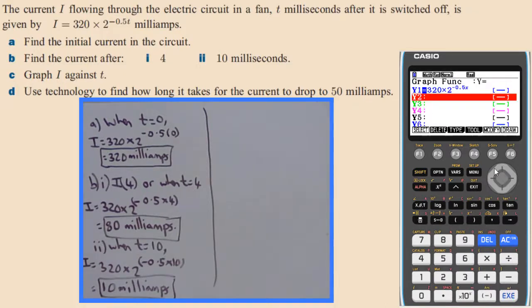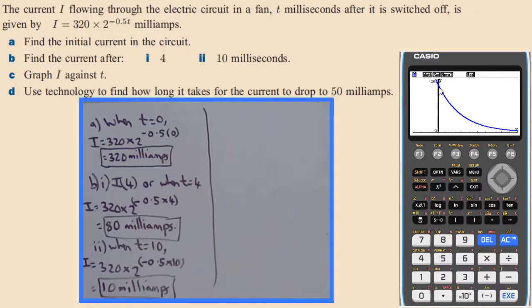So execute and draw, and now you can see this exponential decay of current. So what you do, you switch the switch off and the current in the circuit just goes away. So you're losing more current at the start, and then it's going away at a slower rate as time goes on. Time's on the x-axis, of course. So that's the graph. I'm not going to plot it yet, but I certainly will plot it for part D,